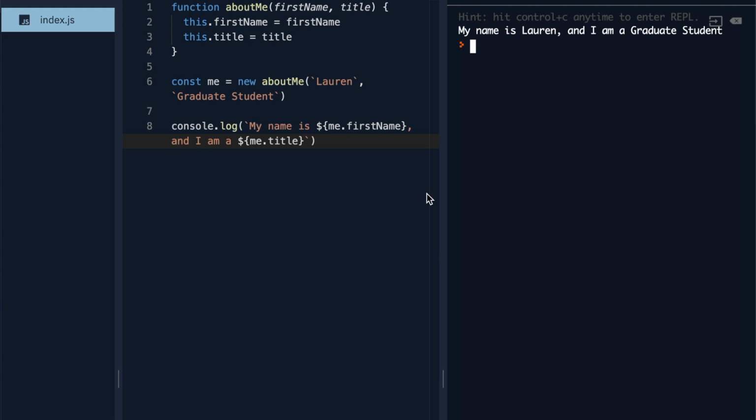The final example of how to create an object is by using a class. Creating objects with classes is very similar to constructors in that you create a class variable and then place a constructor with the name variables on the inside. Then you would create a new constant variable and assign it to a new object and insert the values within the parentheses. So if we go back to our aboutMe example, we will say class instead of function, and